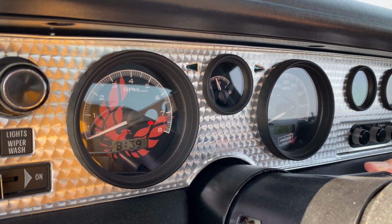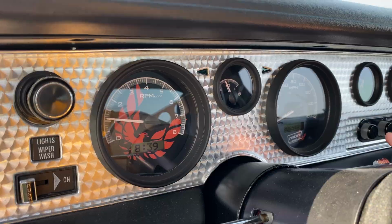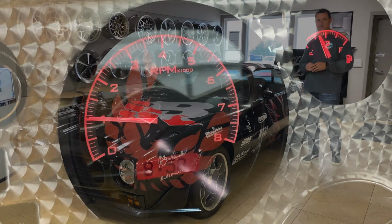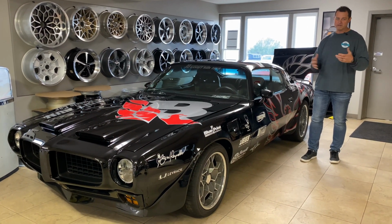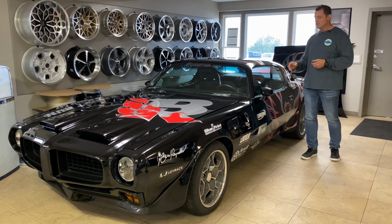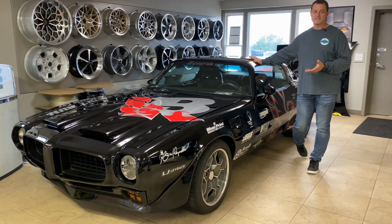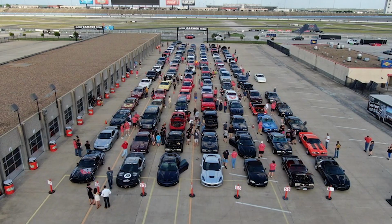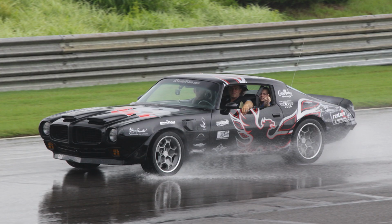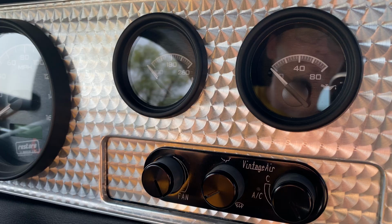We use the Dakota Digital gauges. It's got their whole new gauge cluster that's designed specifically to fit behind the factory engine-turned dash bezel for the Firebird Trans Am second generation line, and we can even customize them to the client's liking if they want to. Obviously, we have a complete wrap on the car. We basically did that because I take it on the Bandit Run event, an event that we do every year. We've been doing it for over 14 years now, almost 15 years, and it's got Vintage Air on it,